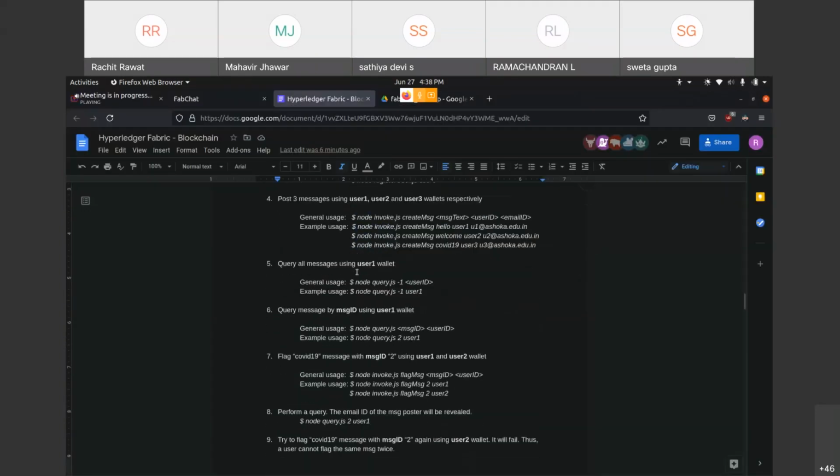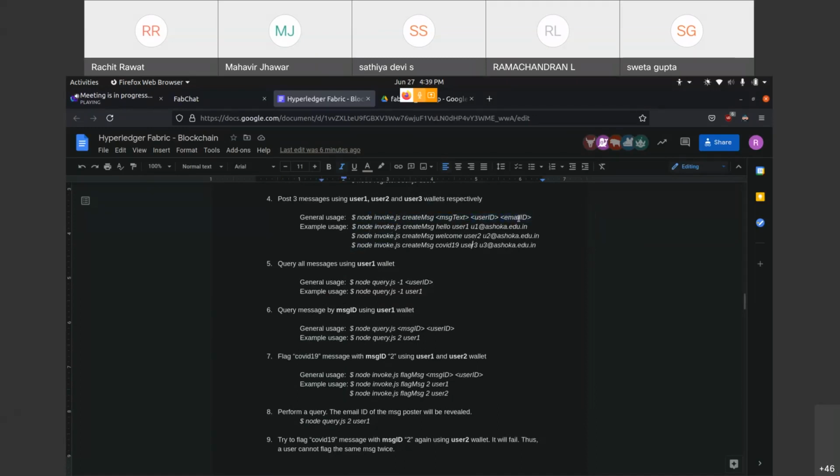Now the posting message part. This is how the command looks. We are going to use this invoke.js. Now, createMessage I'll discuss later, but think of it as the transaction that you're doing. So it's a createMessage transaction, and of course it's going to take some arguments. It's going to take a message text, the user ID, and the email of the user.